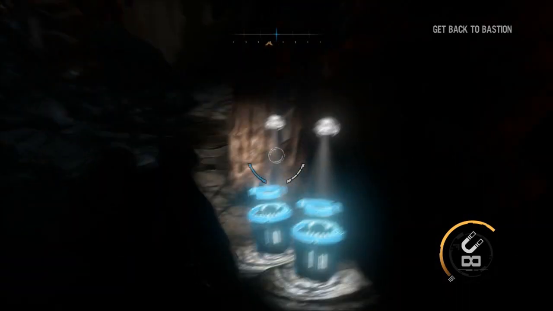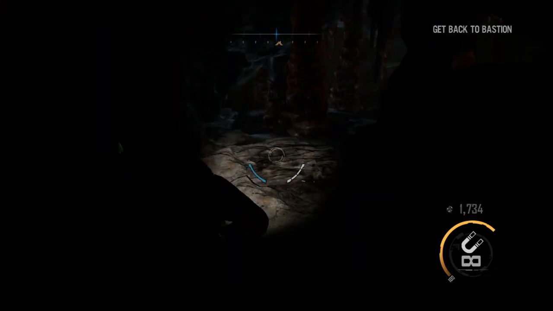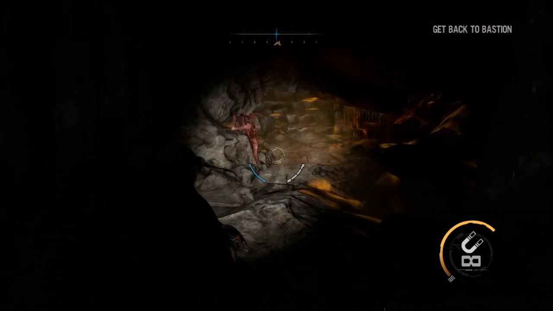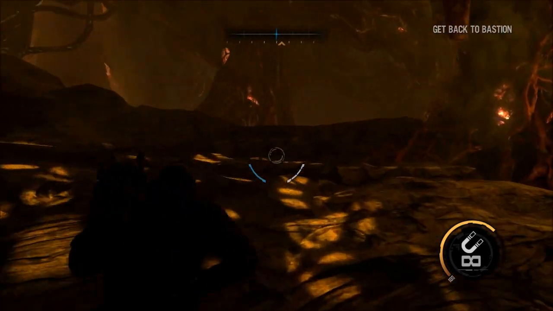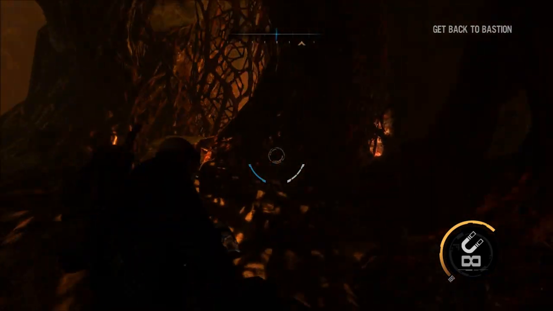So first off, we're going to start running through. There's no enemies for a little while, so don't really worry about the kind of eerie surroundings and all that crap. Pick up those salvage crates and just start running through most of this level while you're shown